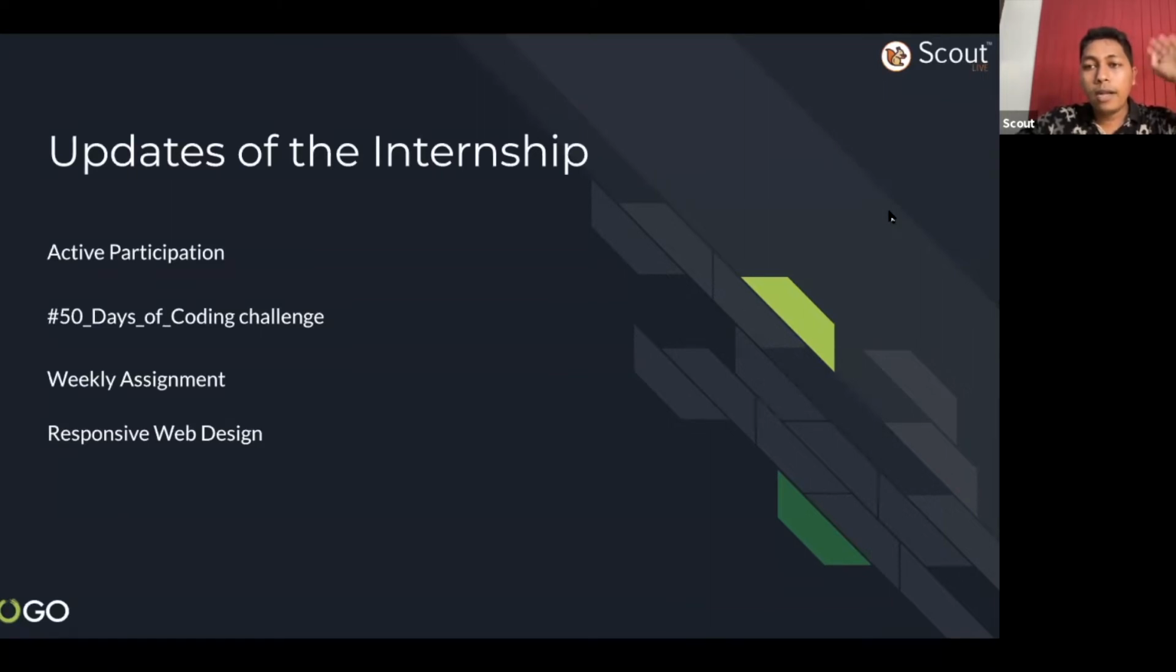Second, whoever has completed the first design phase of the weather application, I have mentioned in today's Discord channel that you just go to OpenWeatherMap. From there you sign up. So whoever has signed up for OpenWeatherMap,